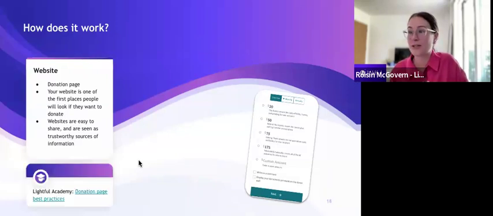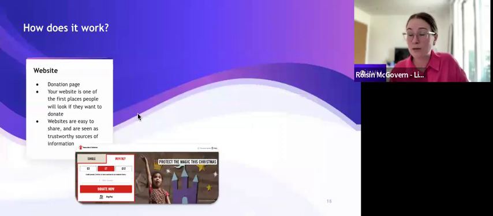Now we have a few more examples. We'll just click through and get on the screen for you. But you can see in these examples as well, they're sharing different amounts. So sharing low, medium, and higher donation amounts, as well as providing the option for donors to decide their own donation amount. And with that flexibility, it's really important.